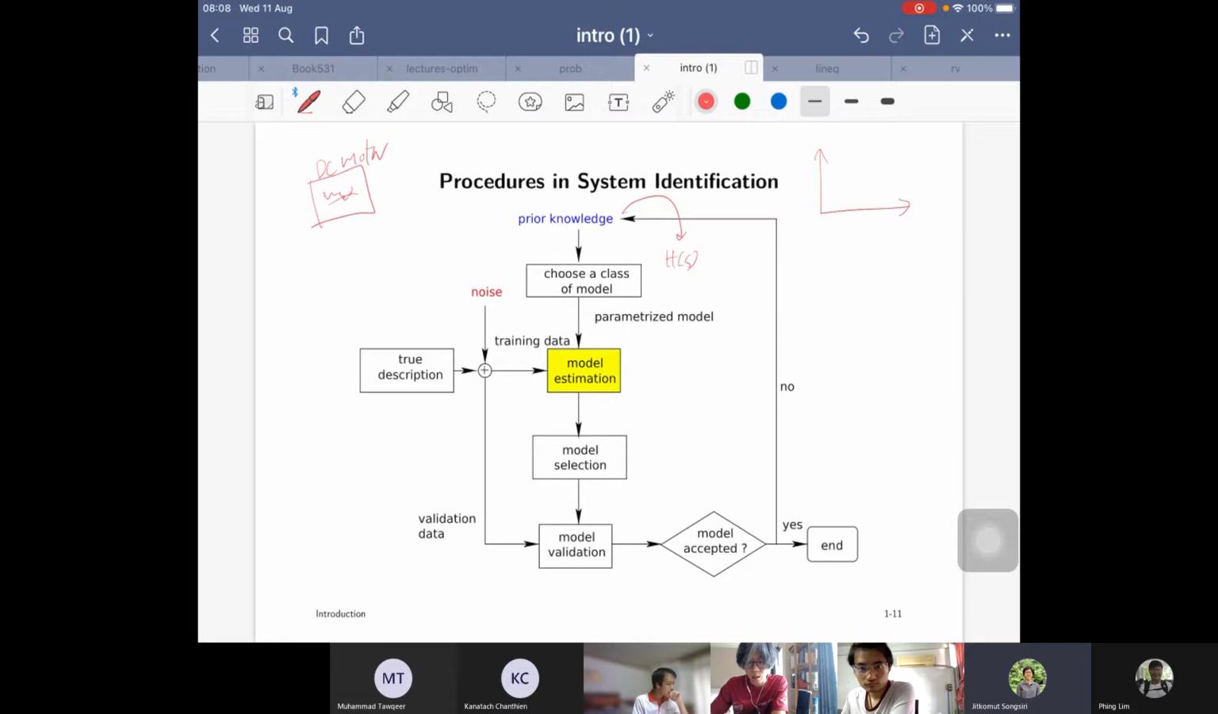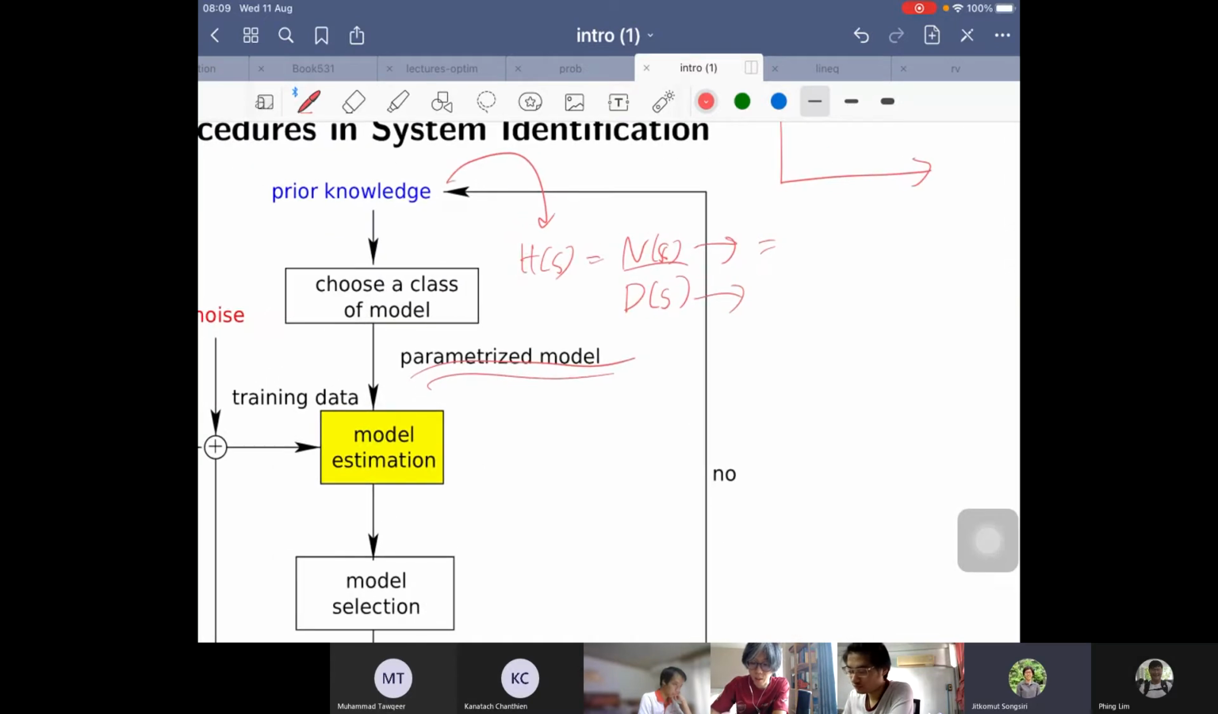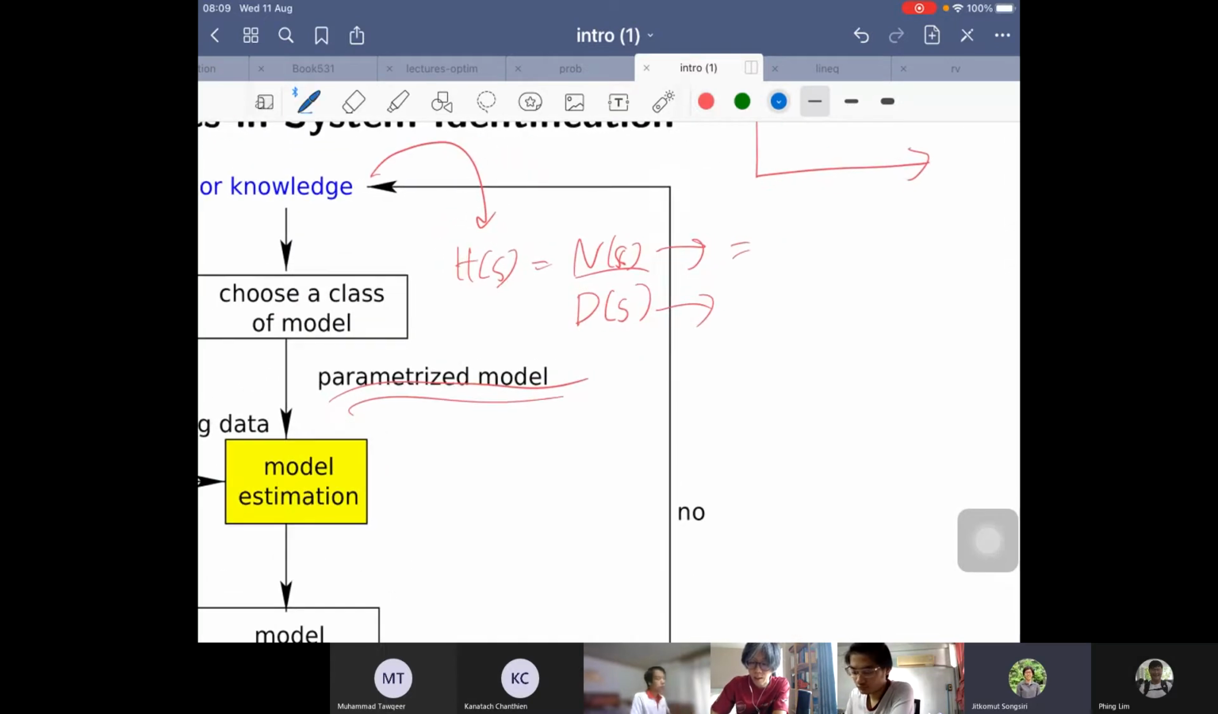And then you can parameterize. The next step is you parameterize the model. When you pick a model class, everyone knows that a transfer function is defined in terms of a numerator and denominator. It's a rational transfer function. So you have numerator and denominator polynomials. Parameterizing the model means, let's say,